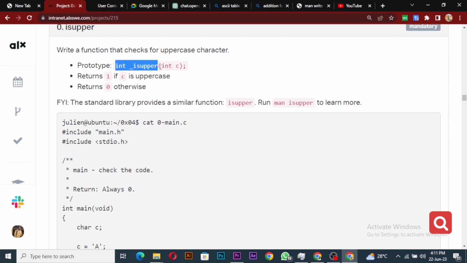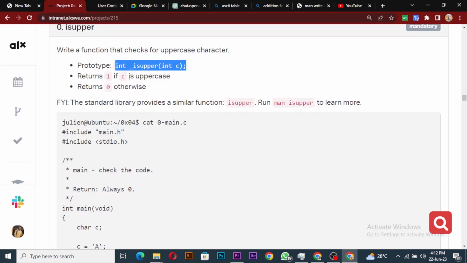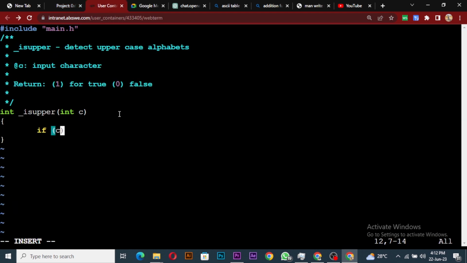Okay, so let's copy the prototype. You copy this prototype, and then you paste it here. Remove this, come down here, and then like this, right? We've had our int already. So we said if c is upper, you should return 1. If our c is equal to upper, so uppercase is if c is equal to